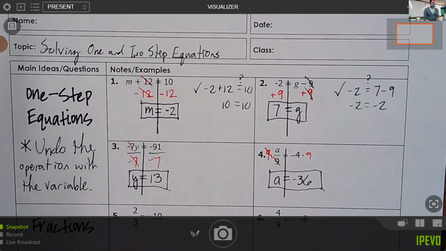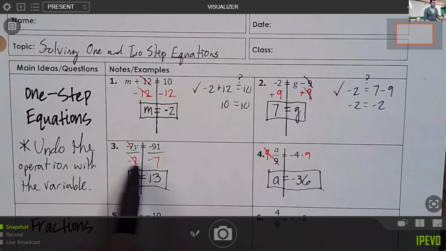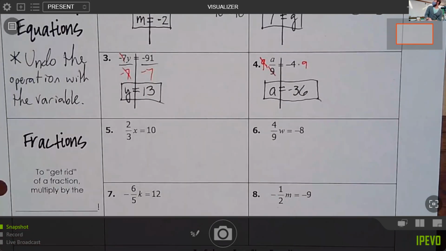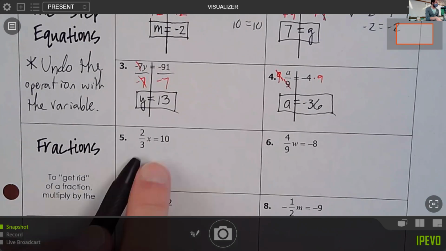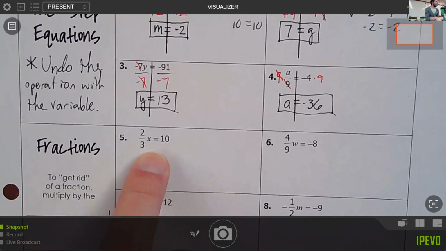We've got our subtraction, our addition, our division, and our multiplication. The fifth way is to solve when there's a fraction multiplying by your variable. Does anybody know what to do with this? Has anybody ever seen this before? All right, so